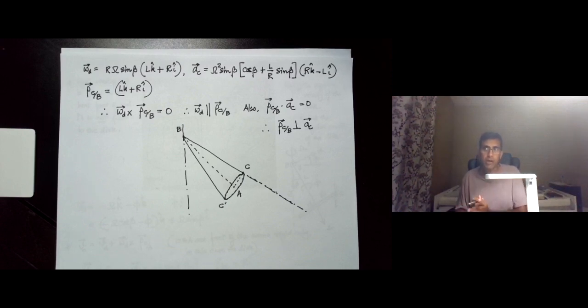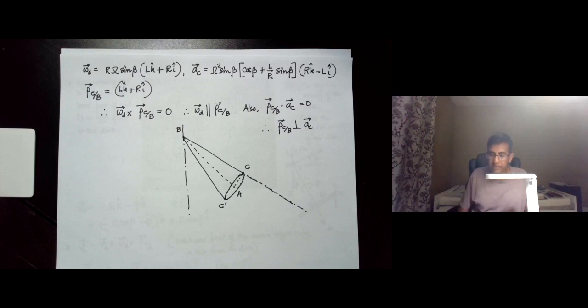For example, if you work out the acceleration of the point of contact of a cone on a horizontal surface, you will be able to show that the acceleration of the point of contact, that is the end point of the cone at the flat surface, is perpendicular to the instantaneous line of contact. Here this is the instantaneous line of contact. So these two together basically confirm that indeed the cone at this instant is rotating about the line BC,